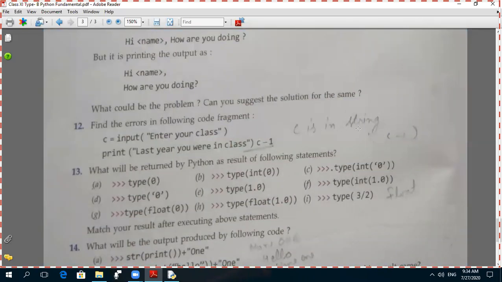c is a string. First, c is a string. Then second is the comma. Here a comma will come, acting as a separator, and then c minus 1, and then the bracket is closed. Yes, Diya, according to this, Diya is right. We cannot subtract 1 from a string value. That's why. Diya, you are right here, because if we take the value of c as 11 and it is in the form of a string, then there is a problem. Okay? So first of all, you have to convert this string value to a numeric value with the help of int, and then put a comma here and shift this bracket to the end.